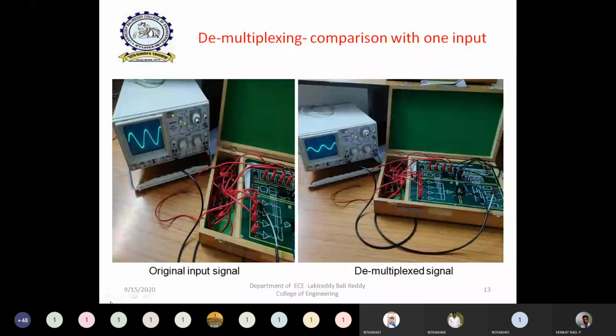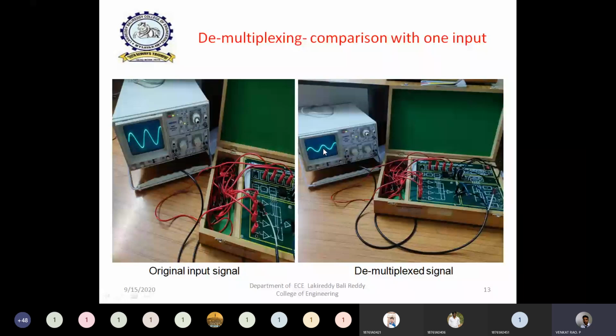And you can look at this diagram. After you connect this multiplexer output to the demultiplexer, and also connect the clocks to the transmitter and receiver sections in order to synchronize, then if you observe the demultiplexer output at one particular channel in the demultiplexing block, this is the signal. Actually this is the original signal I observed earlier, and for this original signal, this is the demultiplexer waveform.